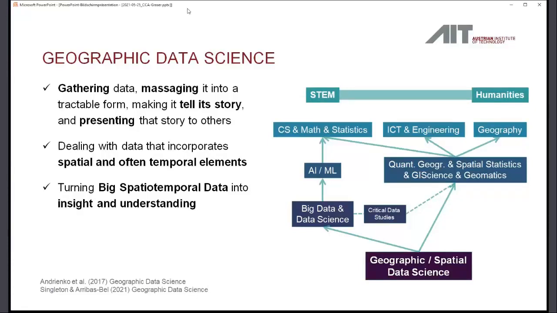Now, specific to geographic data science is that we often deal with data that incorporates spatial and very often also temporal elements, particularly, of course, later on in the examples which relate to movement data. So turning these increasingly large spatiotemporal data sets into insight and understanding is kind of the goal of geographic data science. And if we want to build successful teams that can do data science that actually has an impact,